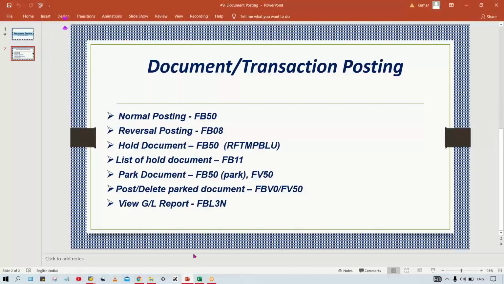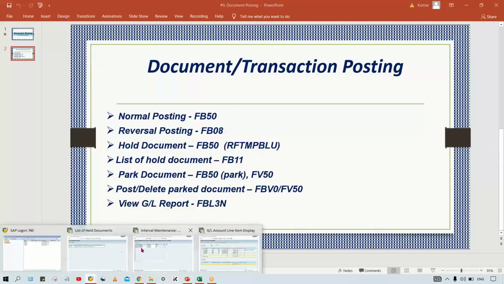And likewise, we are having post and delete the park document. So whatever the park document is there, if you want to delete, you can delete that, right? There might be a question in your mind. Let's suppose